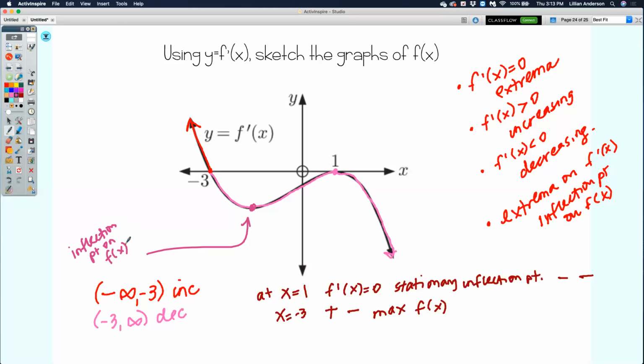On our original function. So we're going to graph this, and I'm going to use this tan color here. So I need to be increasing from -infinity to -3, and I need to have a maximum at -3, okay? I am going to draw my maximum up here. Will it really matter? No, not really. You could draw below the x-axis, but